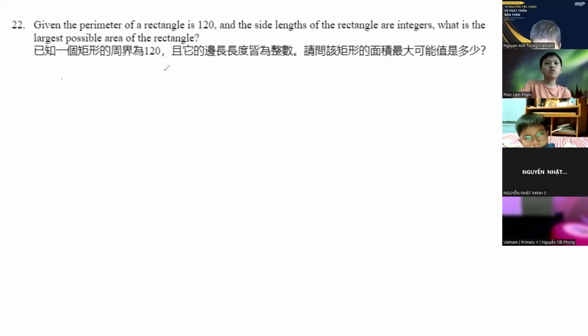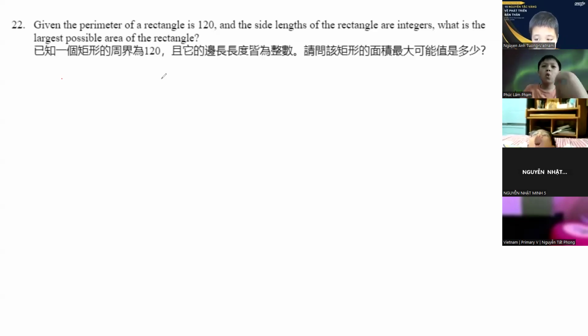Is it okay if I answer the problems? Because we're running a bit out of time. We are supposed to end at around 1, and we still have around 9 problems left. So is it okay if I answer the problems? Okay, I'm really sorry I didn't manage our time well.